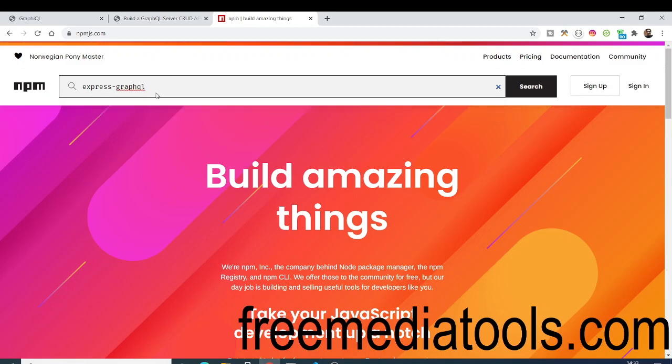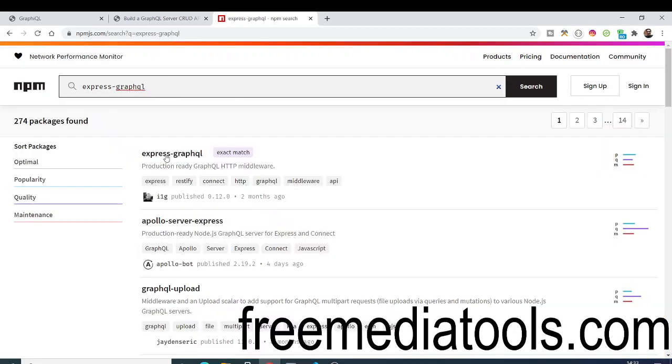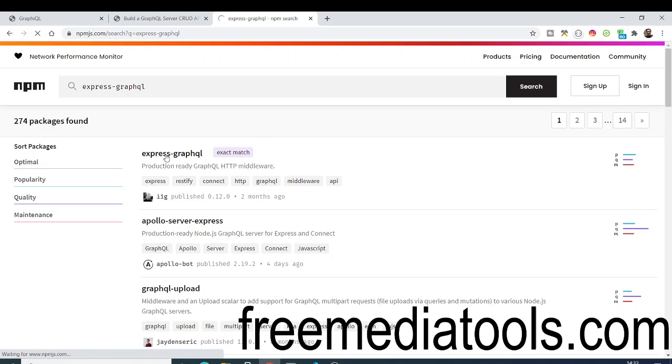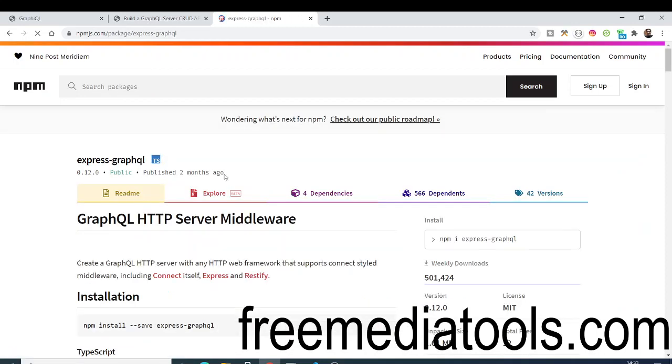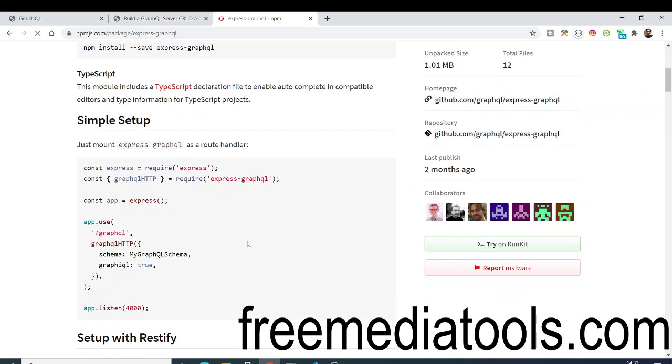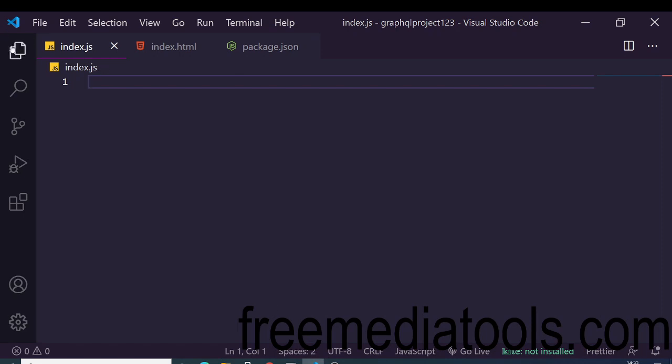If you search, the very first result which comes in is the dependency that we will be using here in order to make a GraphQL server inside Express. A very simple example is given to you, so you just need to follow the step-by-step instructions. Now let me make a very simple